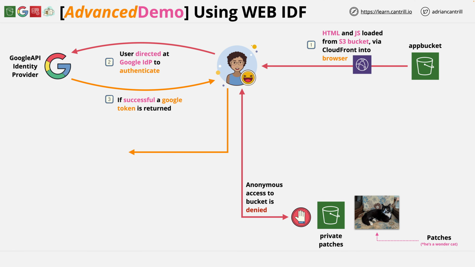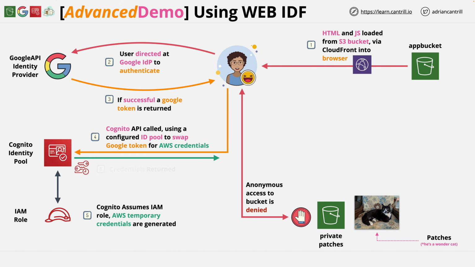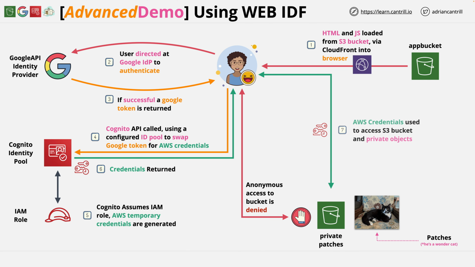By this point you'll have configured Cognito to accept Google authentication tokens as evidence of identity, and Cognito, using an identity pool, will then swap the token for temporary credentials by assuming an IAM role. Now that these credentials exist, they can be returned to Jenny, and now that Jenny has temporary credentials, the serverless application can use these to access the private bucket. And all of this is done without any self-managed servers, without managing any identity infrastructure, and it has no real base costs until you start using the system. Now this might look complicated, but we're going to do it step by step.